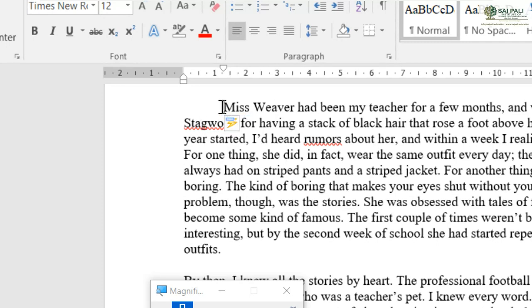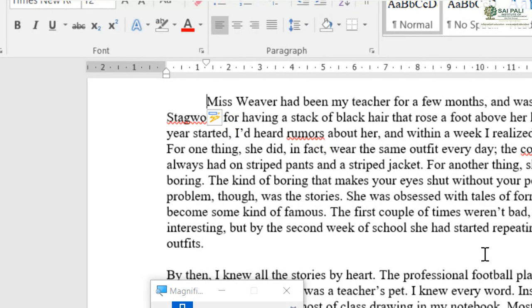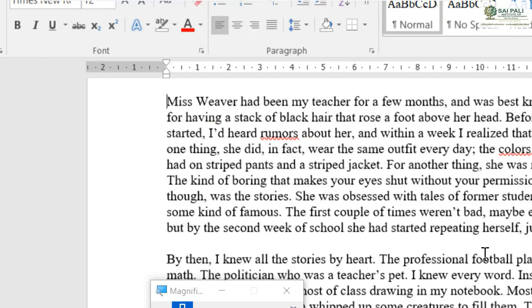If you want to go back, put your insertion point at the beginning of the line and then press the backspace key. It goes back to the original position.